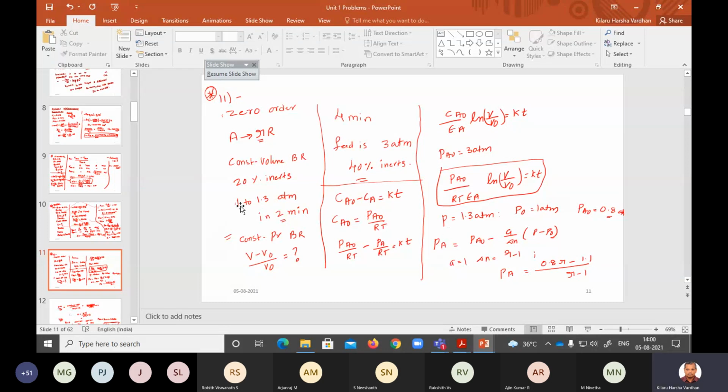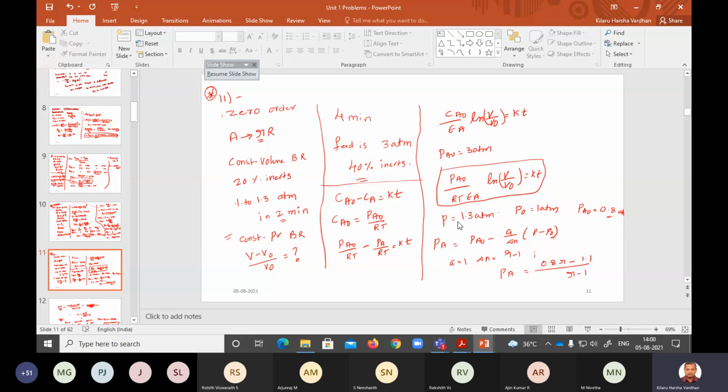Here pressure is changing from 1 to 1.3. So P is 1.3 and P0 is 1. Because 40% is inerts, which is present,